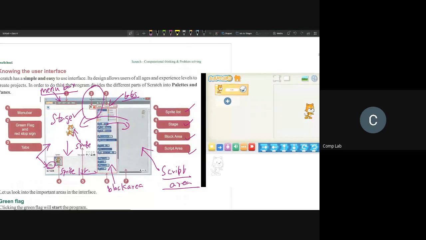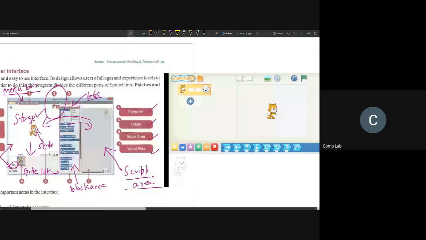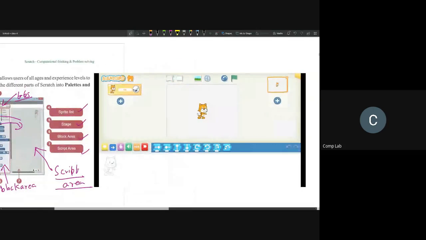So this version is called the Scratch 2 offline editor. This is an old version of Scratch. This is what is available in our book, so we'll be learning about the same this year also. And since we are away from the classroom and away from the lab, some of us may be using this Android app called Scratch Junior. So we'll see what all the changes in Scratch Junior are.